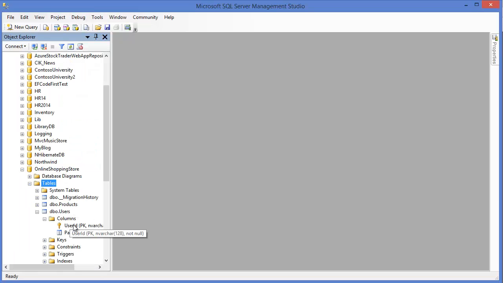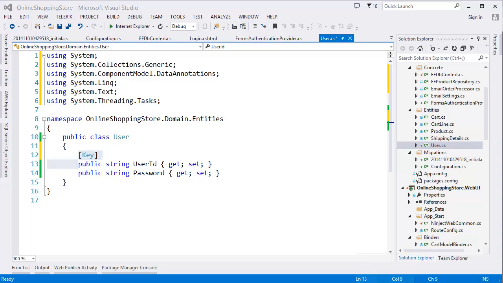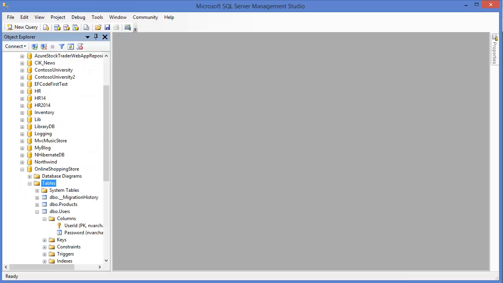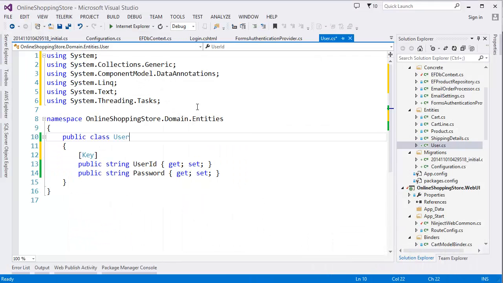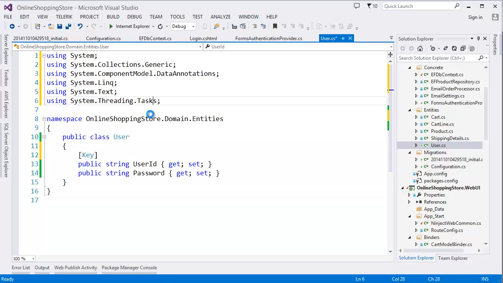And if you don't have any idea about the data annotation, I will create another tutorial after this tutorial about data annotations, so don't worry. Okay, then what? So our table is created. Now we can run the application. So we can run the application again, Control F5,